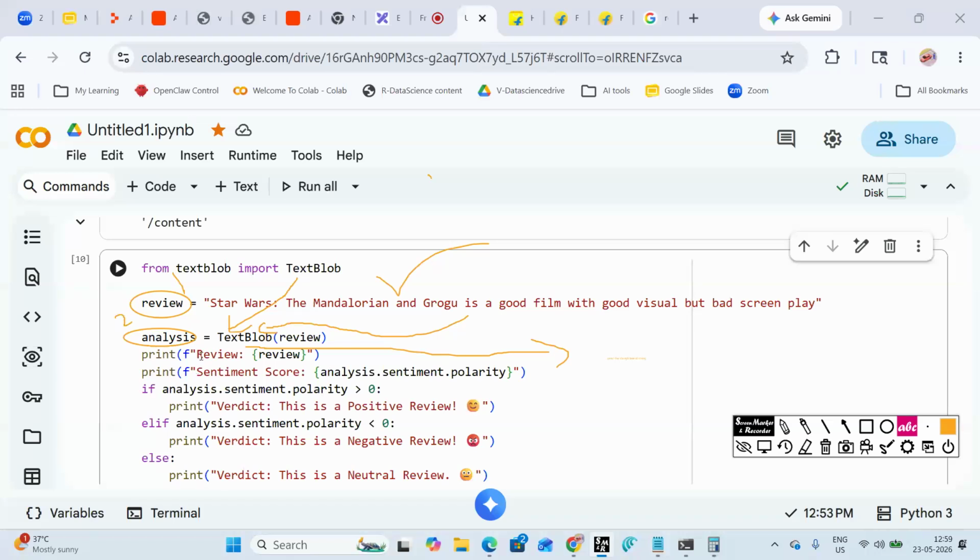Now what we have done in the review, again this is just a string, just English content only, but inside that what we are further passing is review, printf review. So at the end this program should print a review. Review only, that's it. What review is there, we are asking to print, nothing else. This statement. Now printf sentiment score.